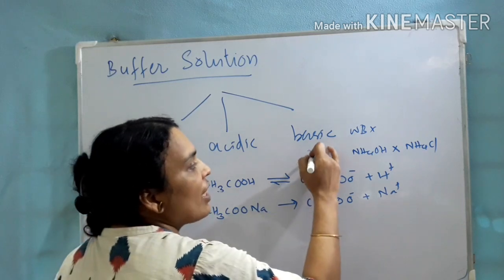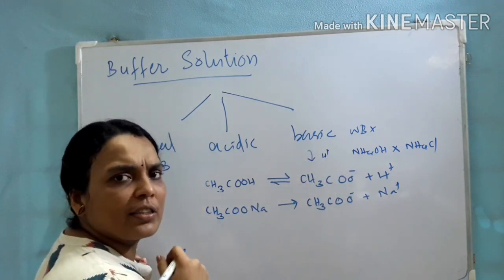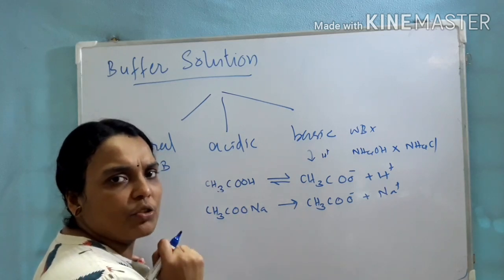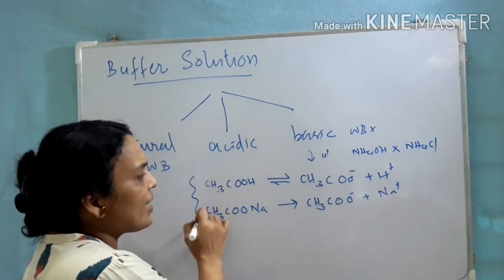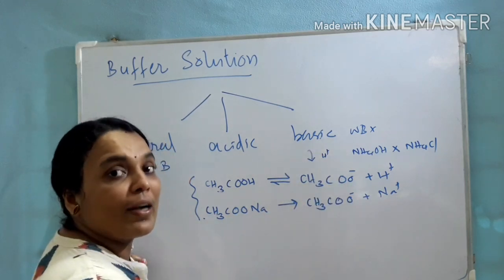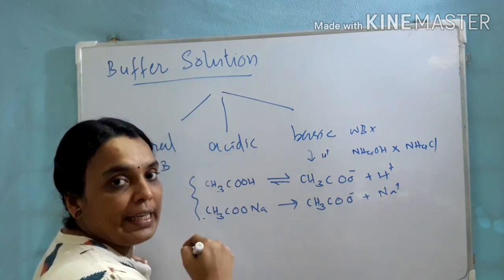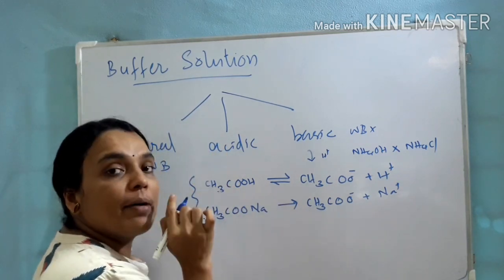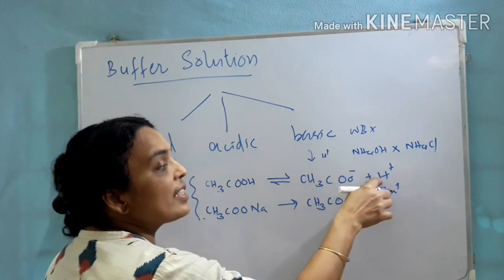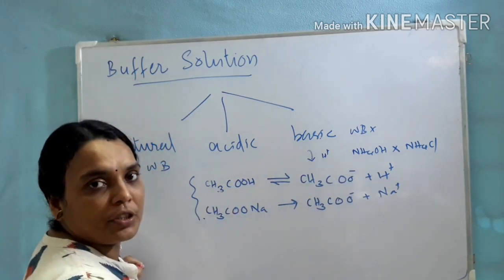At that time, let us add some H plus ion or NaOH, that is acid or base, into this buffer solution. Now it is acting as a buffer solution. Into this, let us add some H plus ion. What is happening? The molar concentration of H plus ion in solution increases. That means it will disturb that equilibrium. Suddenly the system wants to maintain that equilibrium, so the system will move in the backward direction.